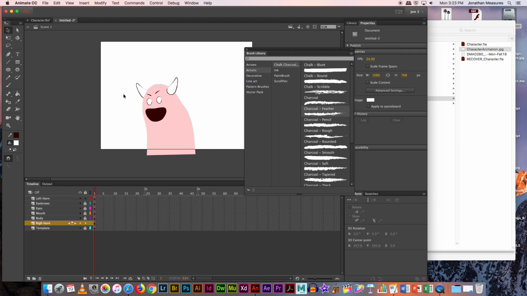So that's the initial setup. Basically, you're separating elements that you want to move separately into different layers. That's the first thing. And then we've got to think about how we want to move it. Depending on how you're moving it, it will vary a little as to whether you're using shape tweens or classic tweens, or which objects you want to keep as symbols,